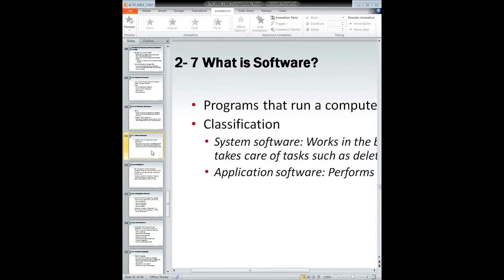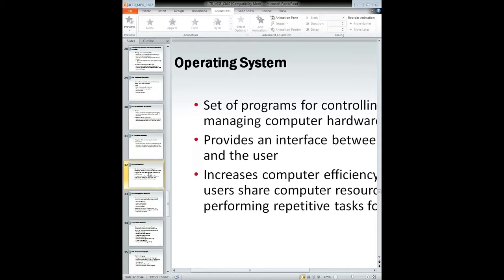So what is operating system software? Operating system software is a set of programs for controlling and managing computer hardware and software. It also provides an interface between a computer and the users. A typical operating system consists of control programs. It also contains job management, to basically control and prioritize the jobs that need to be